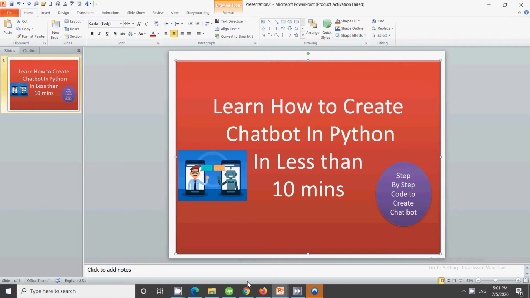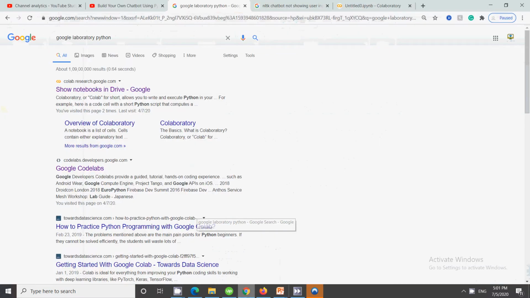So we will start directly with the code, how we can do the coding. For Python, there are a number of IDEs in which you can start creating your program. Right now, Google has created this Colaboratory. This provides you all the modules, all the applications, all the frameworks through which you can directly create. So you don't need to install any software on your machine. You just need to open it online.